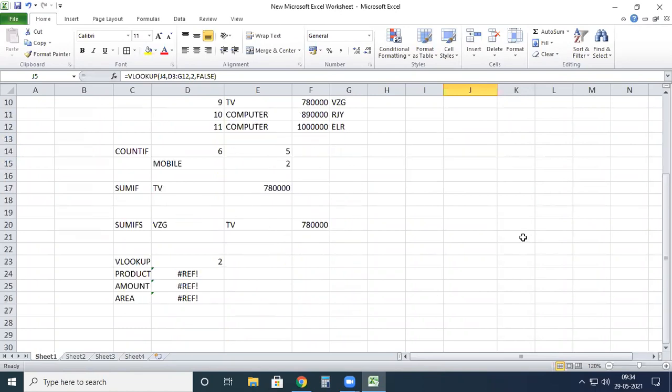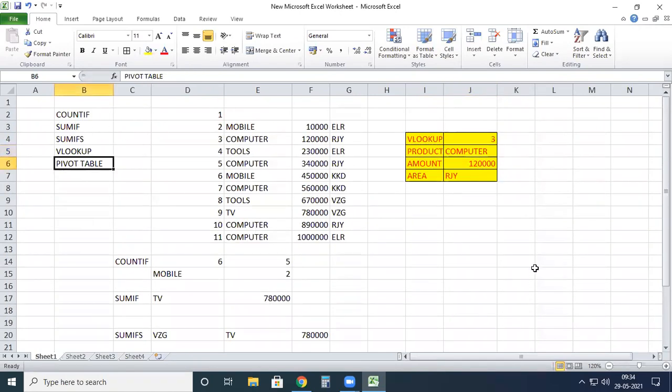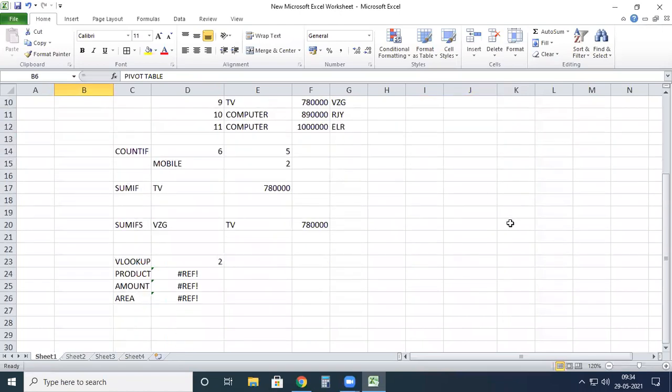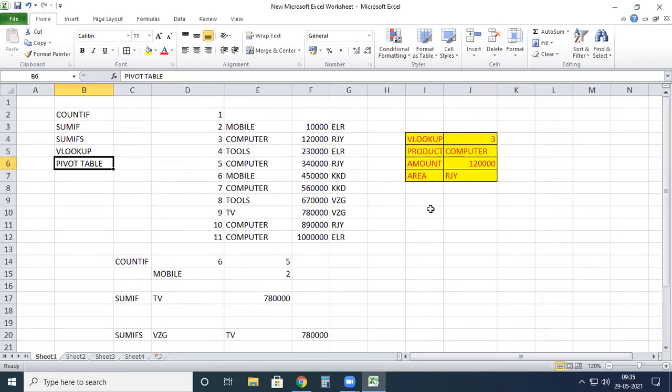Okay, next we use the pivot table. In the last class also I explained about this. Again I use this one. For example, if we consider any summary about a particular thing, then we use the pivot table. Up to now we have been using formulas directly: equal to VLOOKUP, equal to SUMIF, equal to COUNTIF, am I right or not? But in the case of a pivot table, we need not mention the formula. I'm just selecting the cell like here.